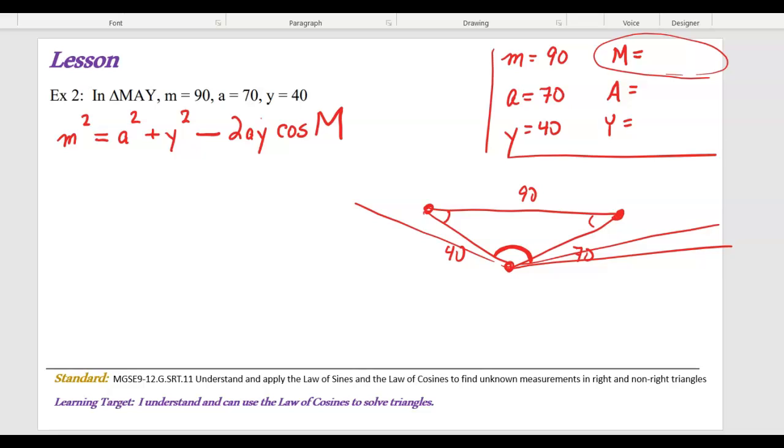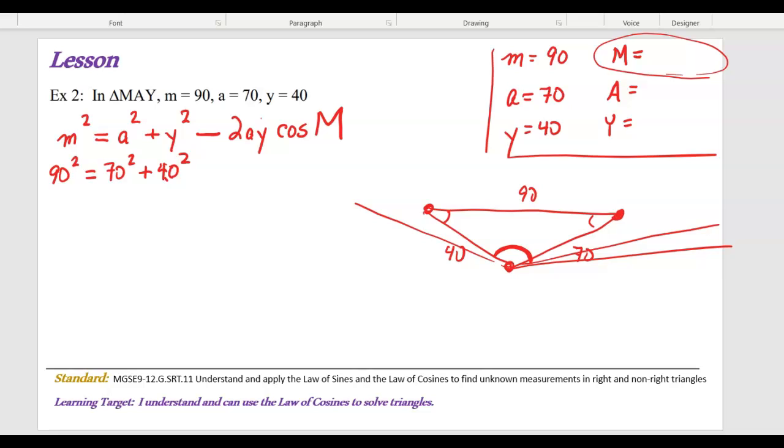And then you just plug everything in. So the nice thing about this is I know M, A, Y, but I'm going to ultimately solve for cosine of M. So there's a little bit of arithmetic here. There are common mistakes, so be really careful and watch the details here. So I'm going to have 90 squared equals 70 squared plus 40 squared,